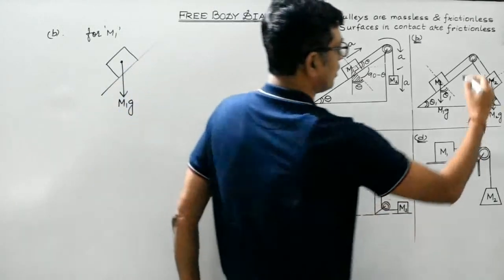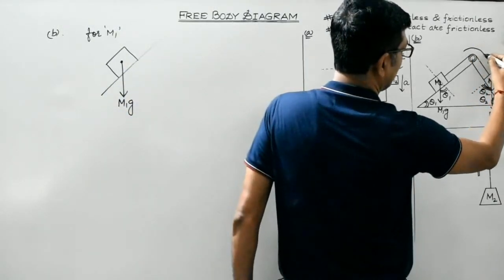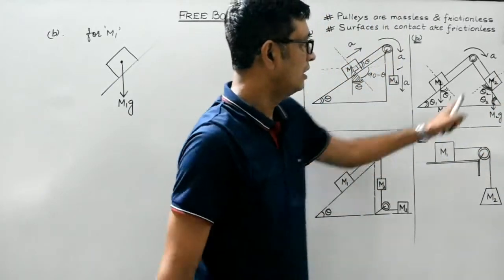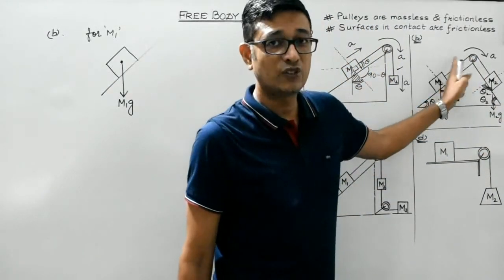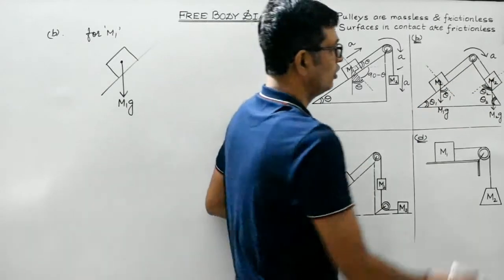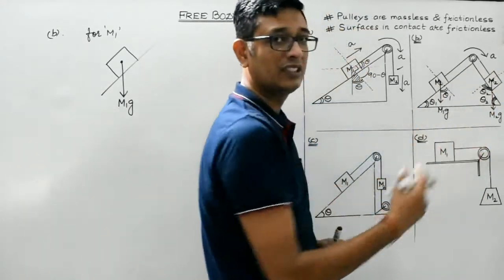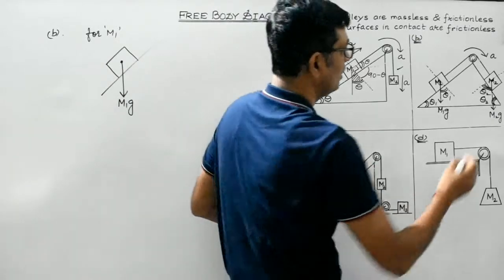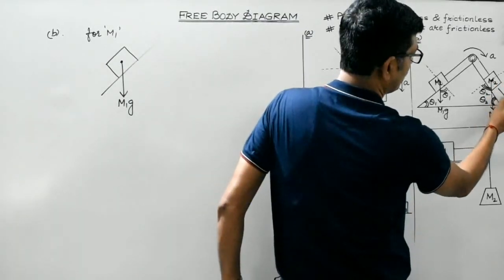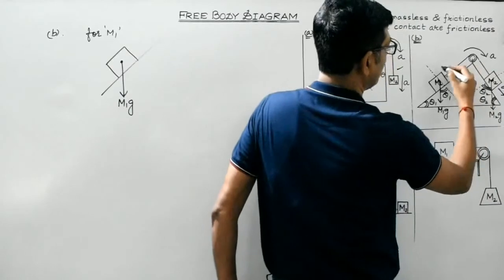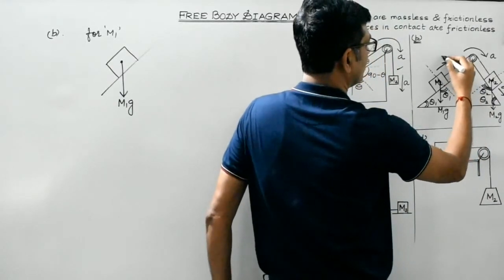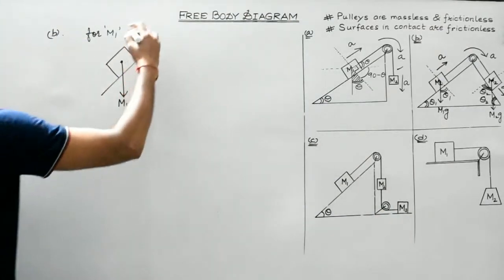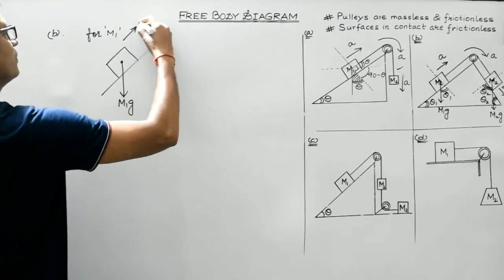In this case, if we consider the system to be moving along this direction, then as you are aware, it is a fixed pulley and the length of the string remains constant. So both the bodies in a given time will cover the same distance. So accordingly, the motion for both the bodies would be the same. So if for this body the motion is along this direction, for the body of mass m1, it will have the same motion up the inclined plane, right? So it will move along this direction.